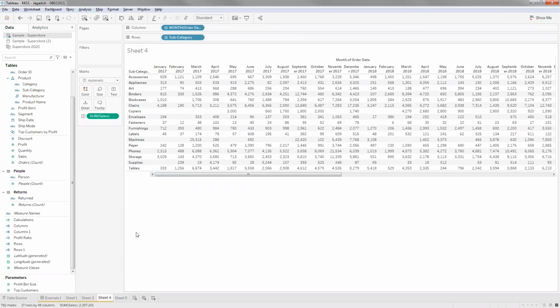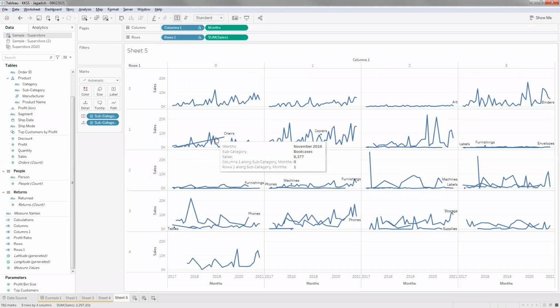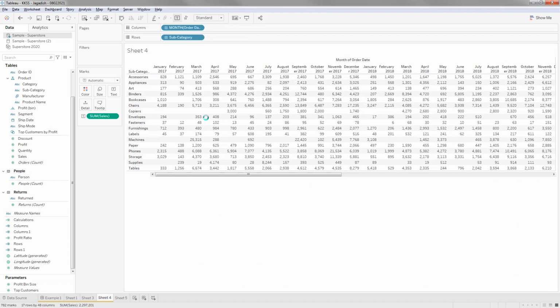Now let's take this example, chairs and bookcases. These two are overlapping. Let's try and see what's happening in chairs and bookcases. For chairs, I have all the values up until all the months. For bookcases, if you see, there's one particular missing value here.